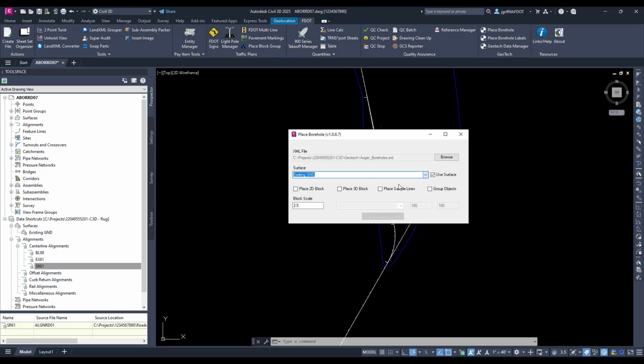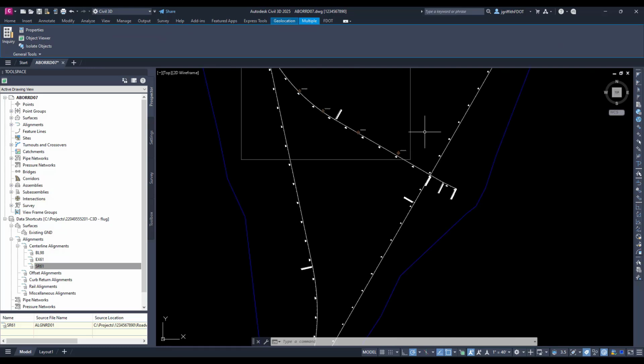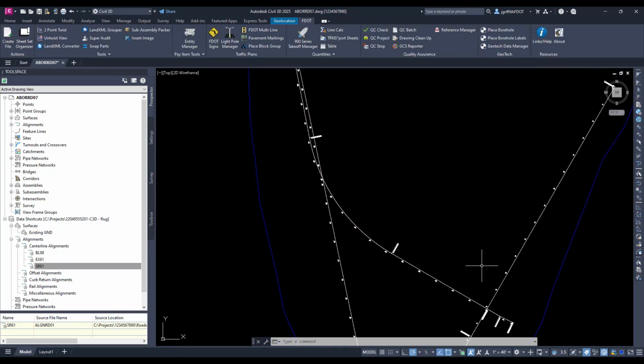So by selecting one, we actually select the boreholes of the entire XML that we pulled in. Just allows you to delete things a lot quicker, quickly check and get rid of things. If you didn't do that, and we had it in normally, which I'll show you now,